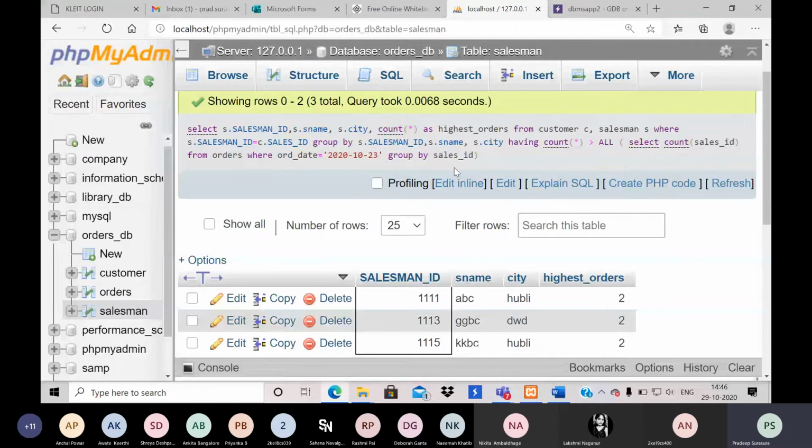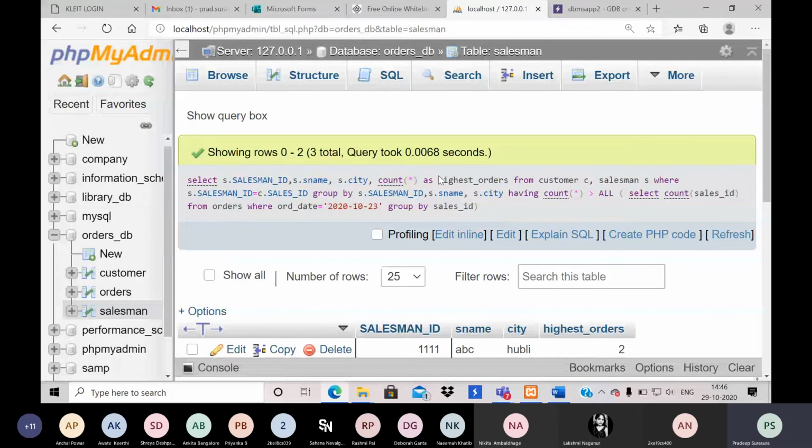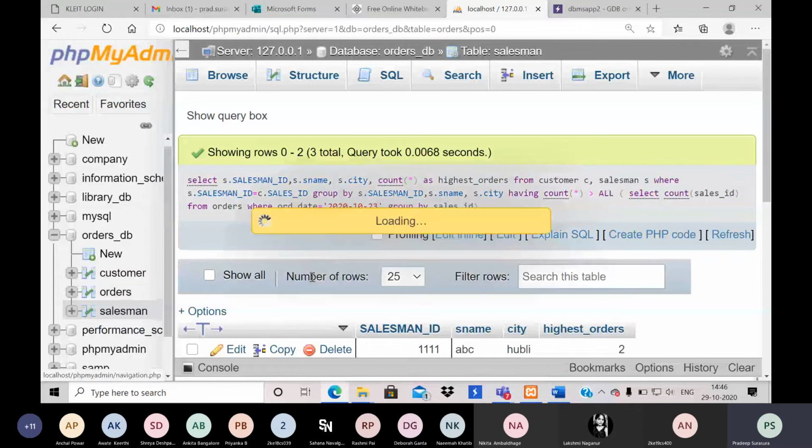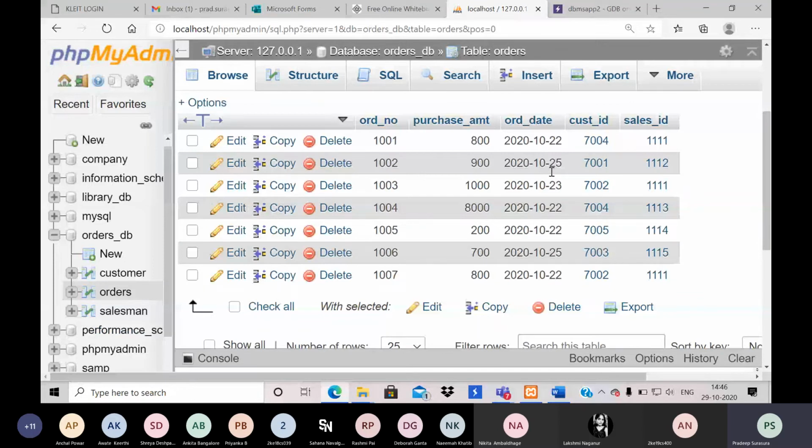Okay, when you look at the data that we already have, or let me display that first. Have you guys understood this? I'll show in more detail, just give me a minute. We'll go to the orders table. In the orders table you just see on the 22nd there are 4 records. Okay, on that day there are 4 records, in the sense greater than 4 there is nothing here, correct? Greater than 4 there is no other value, so that query was giving me a 0 value.